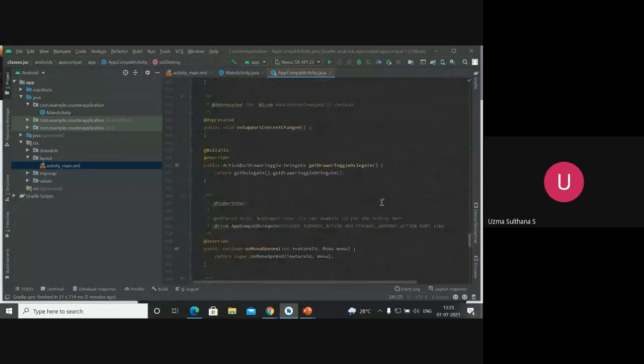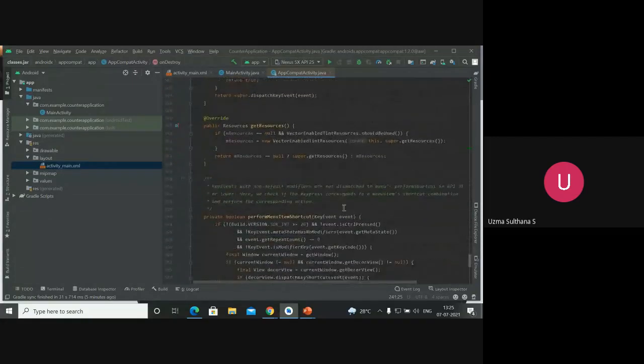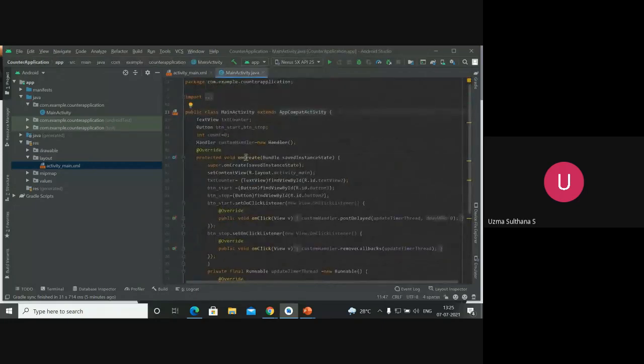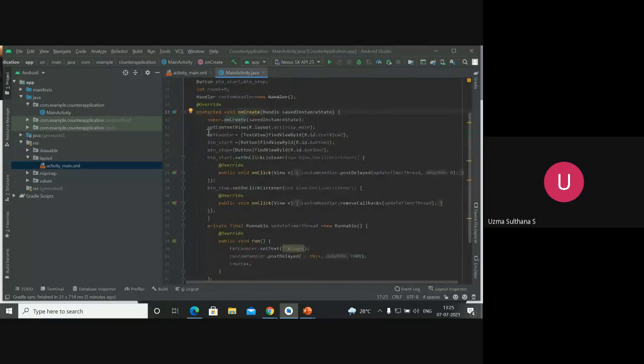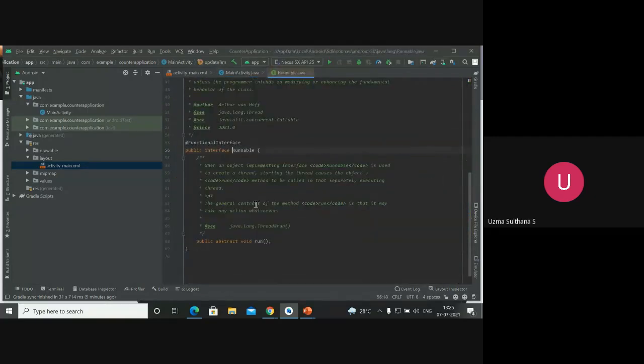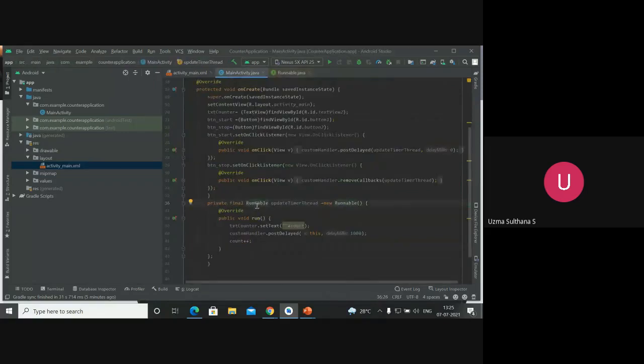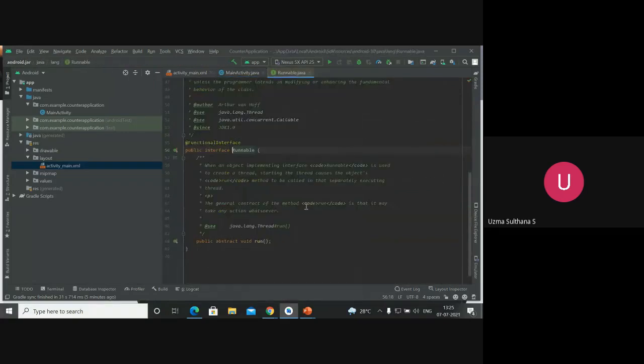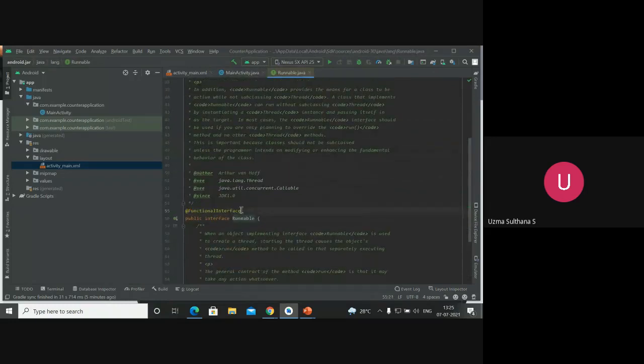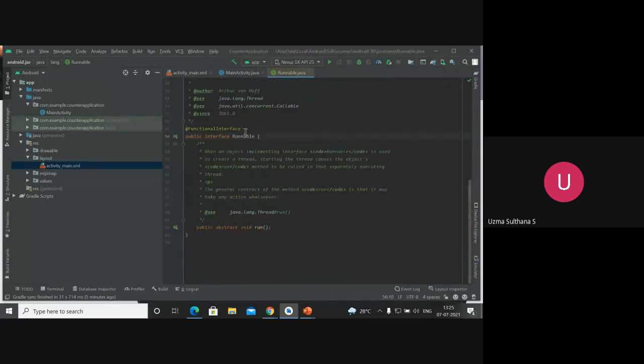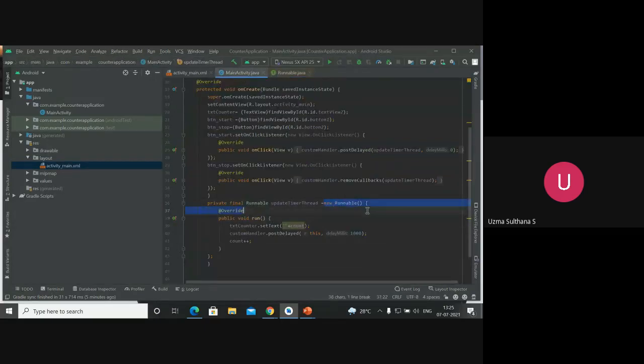There are many classes, so if you have time just go and have a look at this. So on create method is there. Inside on create method, the same thing which I explained to you guys is here. If you want to know more about the runnable, just go to that particular runnable, and you will get that particular instance. You can see here it is a functional interface, and inside this Runnable you automatically have a method called run. That method you are going to use in your class. I hope you got some idea.